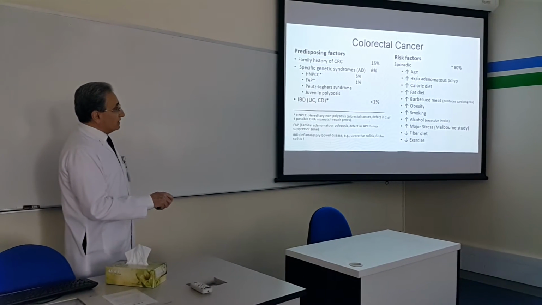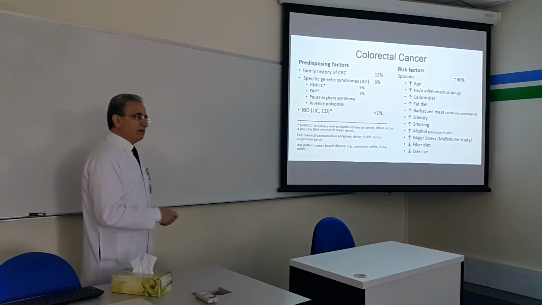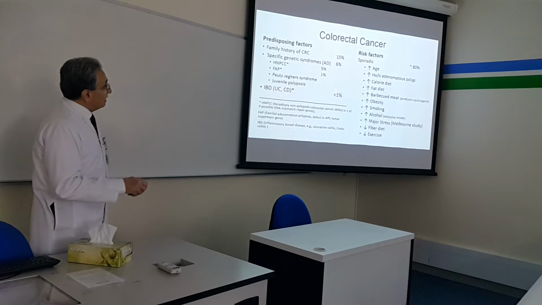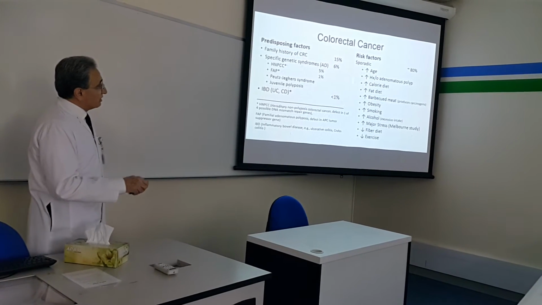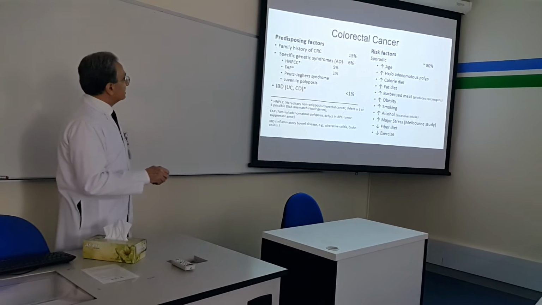But inflammatory bowel disease like ulcerative colitis, more than Crohn's disease, will carry a risk which is less than 1%. You can accumulate this in about 20% of the colon cancer, but actually about 80% are sporadic, not related to